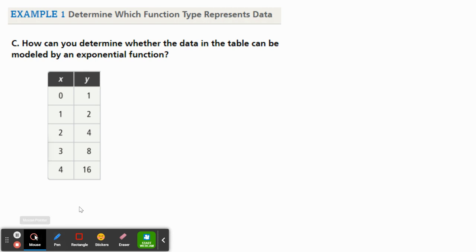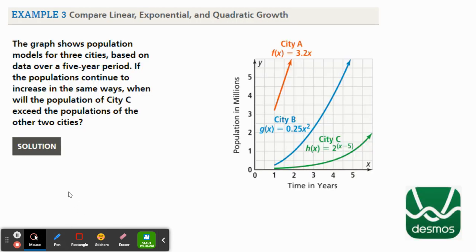Okay, last problem here. It says compare linear, exponential, and quadratic growth. The graph shows population models for 3 cities based on data over a 5-year period. If the population continues to increase, when will the population of city C exceed the populations of the other 2 cities? So when you look at this and you're comparing an exponential, a linear, and a quadratic, you need to understand that an exponential